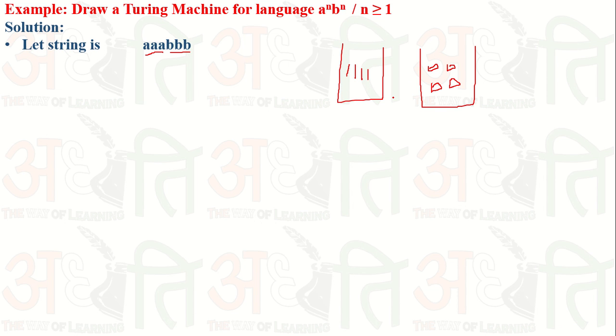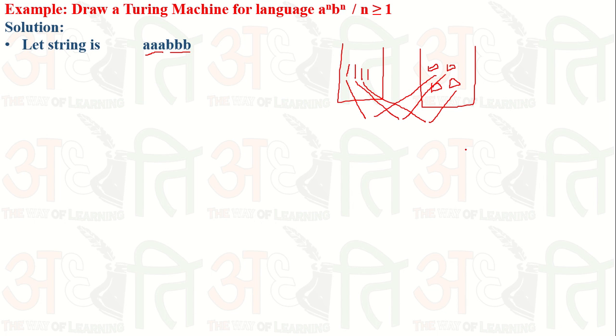What should that person do? That person simply takes one pencil from the box. Since he doesn't know how to count, he takes an eraser from the other box and makes a pair. Again he takes a pencil and an eraser and makes another pair. Again he takes a pencil and makes another pair. Then he identifies that there is no pencil and no eraser left. It means the pairs are equal, so there is no extra pencil and no extra eraser. It means they are equal in number. That is one simple way.